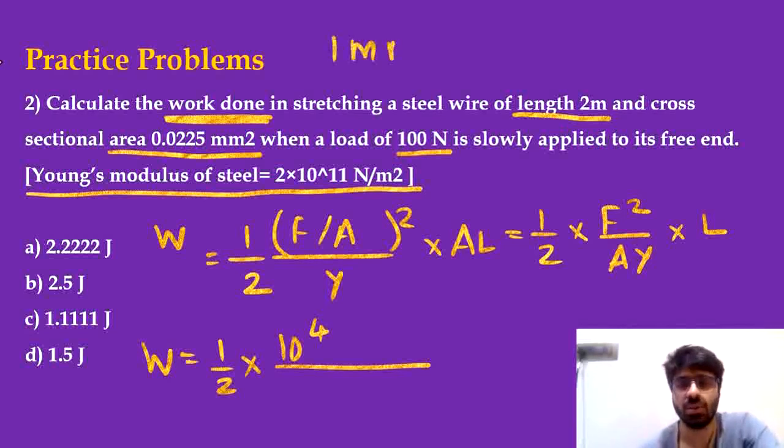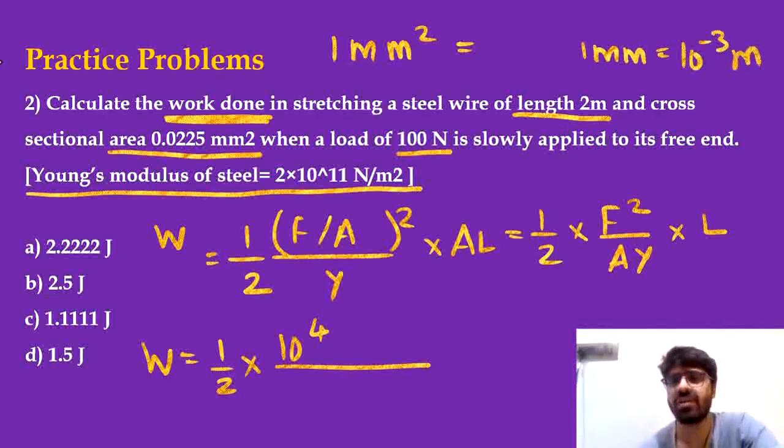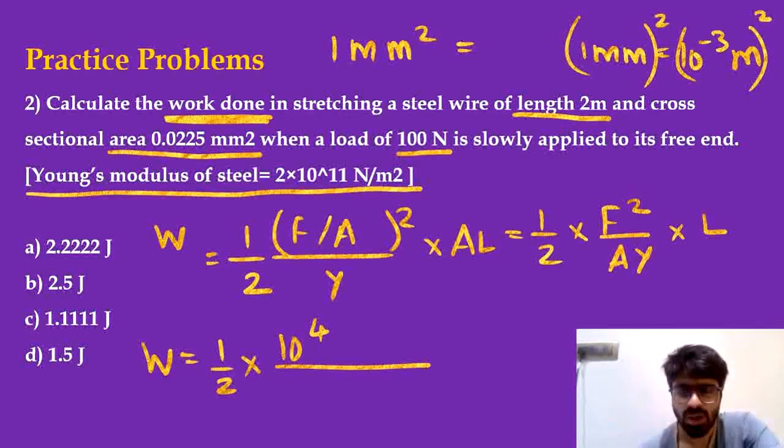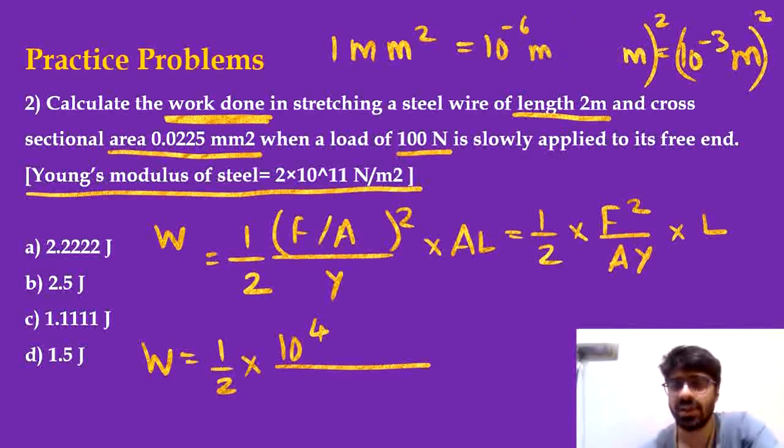You need to understand that 1 mm square, you need to convert that to meters because meters would be the standard unit, and only then you can use that value in your questions. Milli means 10 power minus 3. So 1 millimeter would be 10 power minus 3 meters. I'll have to take a square on both sides because I need the conversion of 1 mm square. So if I square both the sides, then 1 mm square should be equal to 10 to the power minus 6 meter square, and that ultimately is the conversion.